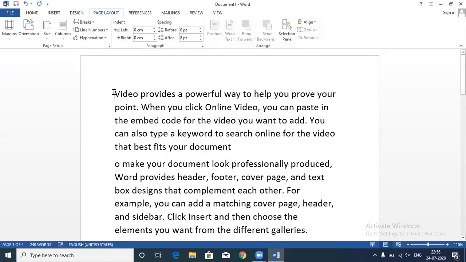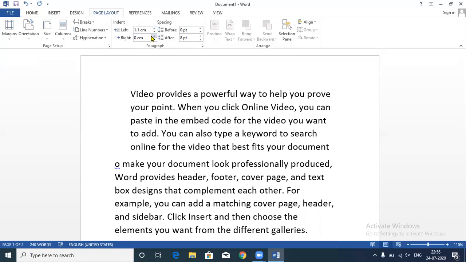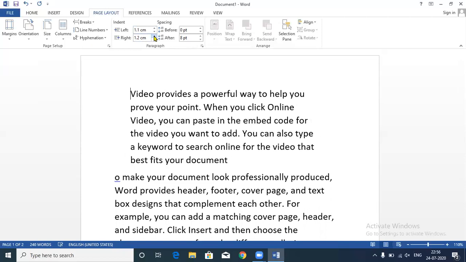If you want to increase the gap from the left side, you can increase the gap from the left side of the paragraph. If you want to increase the gap from the right side of the paragraph, you can increase the gap from the right side of the paragraph. This is known as the paragraph indent.